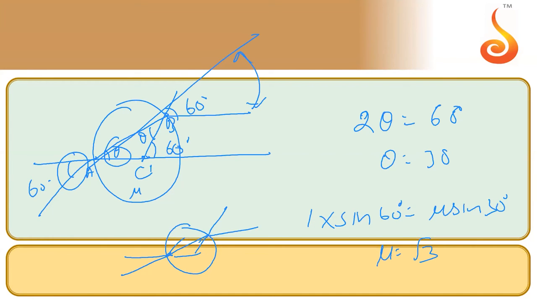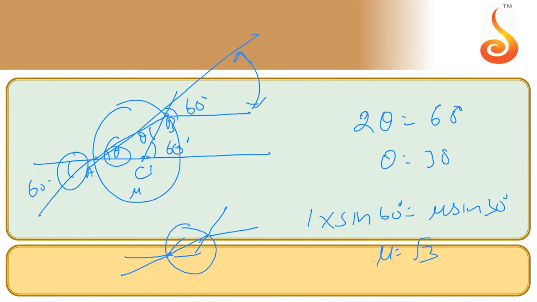Why are you thinking of it as a slab? There's nothing slab-like in this question, ma'am. Nidhi, does it answer your question? There's nothing which is slab in nature. It's only that 60 became theta, so theta should go back to 60. That's all. Nidhi, does it answer your question, ma'am? Can I go ahead? Yes.